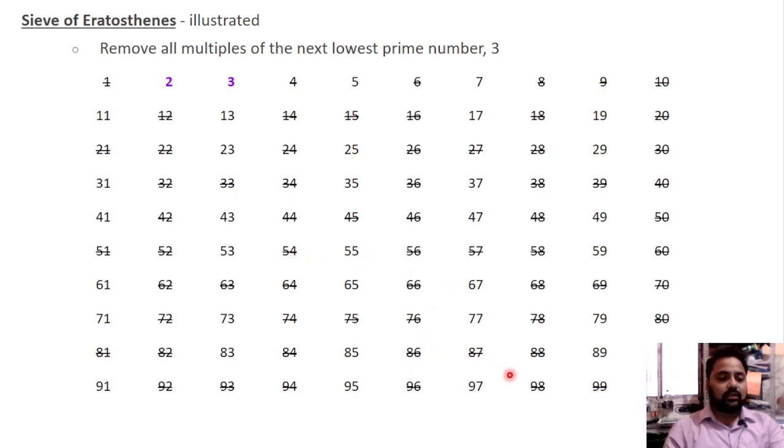So these are the multiples of 3, and 3 is the lowest prime number after 2, and